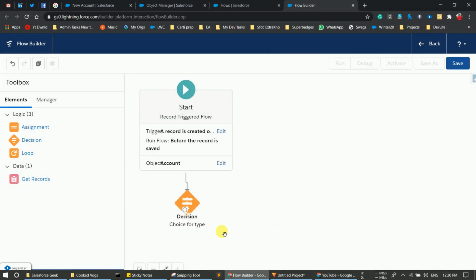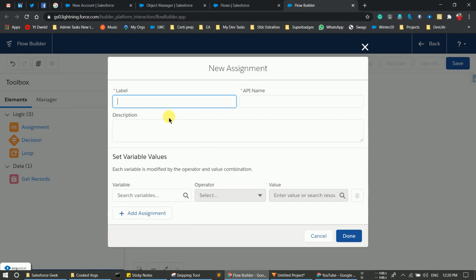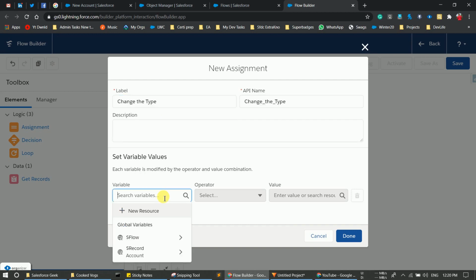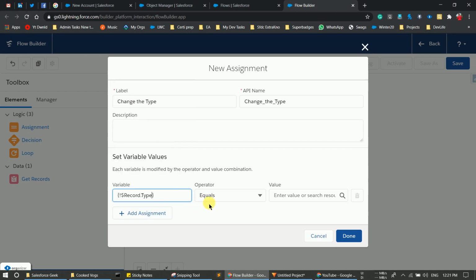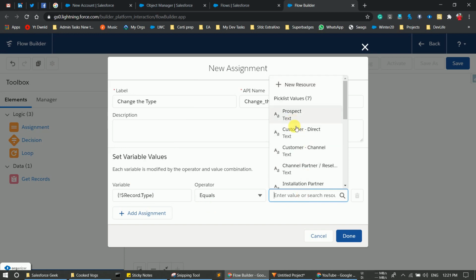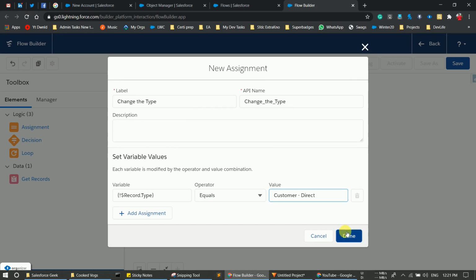Now we have to click on assignment. If account type equals prospect, it will throw a validation error, so we have to select a different value. Here let's click on the account record, which is a global variable, and type here Type equals another value, let's say customer direct, and simply click done.